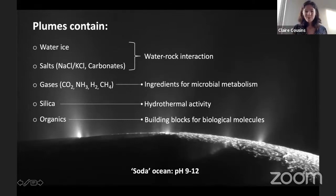And again, we found these organics present within the plumes as well. This also suggests that we have the basic kind of organic building blocks available for different biological molecules as well. So this means nothing in the sense of like, oh, there's definitely life here, but what we do see is that we're starting to tick off the basic ingredients that we know life actually requires present within this extraterrestrial setting. And taken all together, basically the ocean on Enceladus is thought to be a soda ocean,